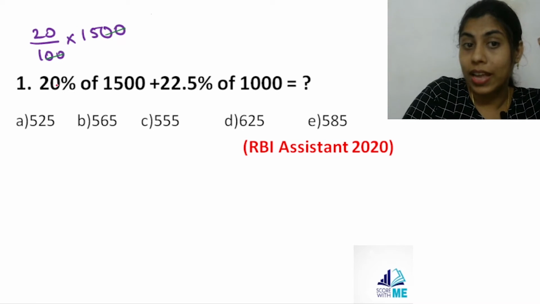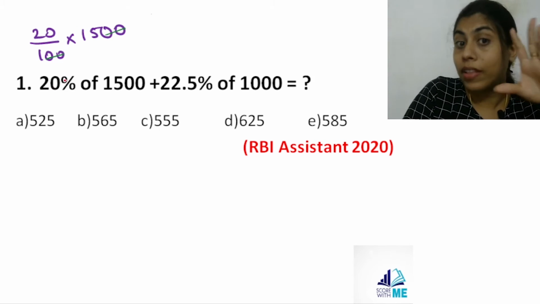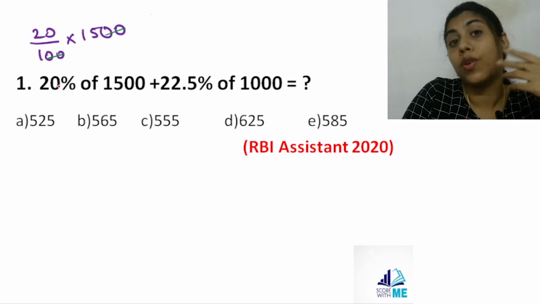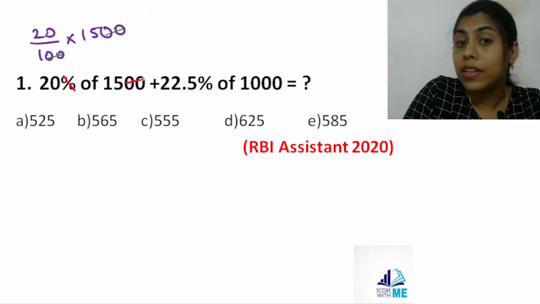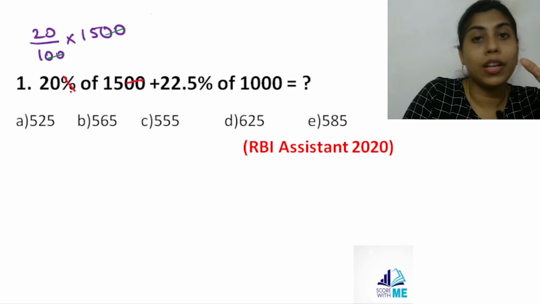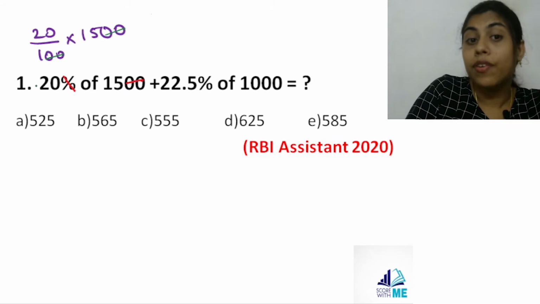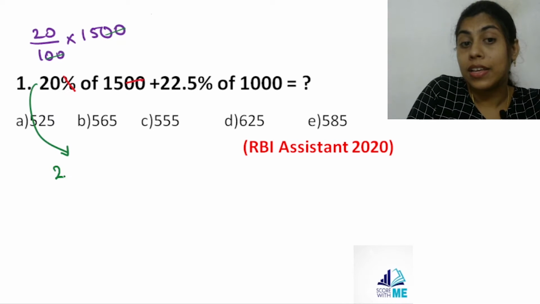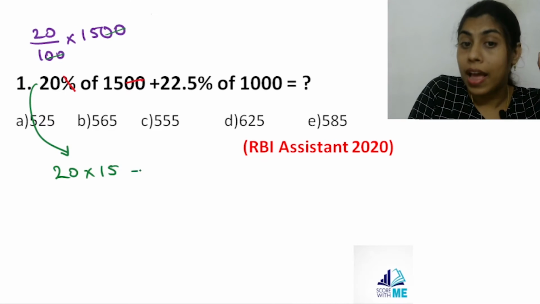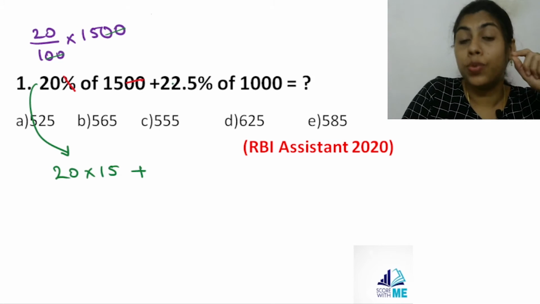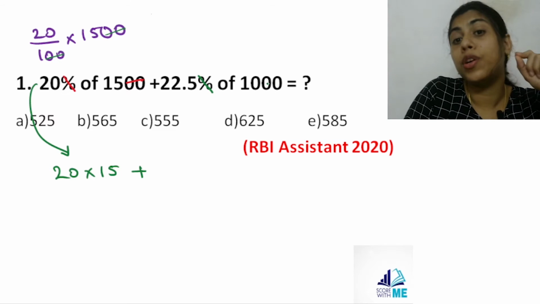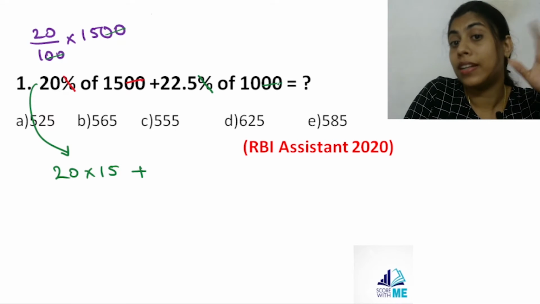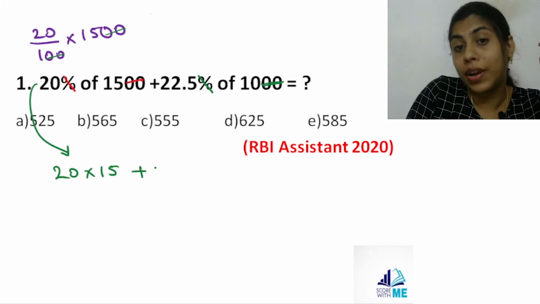So if you have a question having percentage and that is followed by another number having two zeros or more, definitely the zeros in the numerator and the zeros in the denominator that percentage gives are going to get cancelled. So without even thinking, we can rewrite this question as 20 into 15, followed by the same pattern here. 22.5 percentage, here also two zeros are going to come in the denominator. They are definitely going to be cancelled with the two zeros that the next number gives. So here also you can rewrite this as 22.5 into 10.